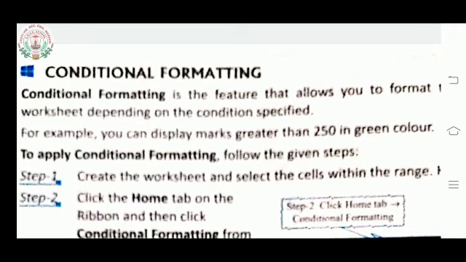Suppose I am giving one example, like in your mark sheet, how the numbers are printed. Suppose the marks which are your passing marks, suppose that marks are written in green color, and if any subject mark, if you are getting any fail mark, that fail mark should be written in red color. So one condition you can give there, that if the marks printed in, and you have to give the range also, like you are having 6 subjects, so that 6 subjects you have to give one range in the column